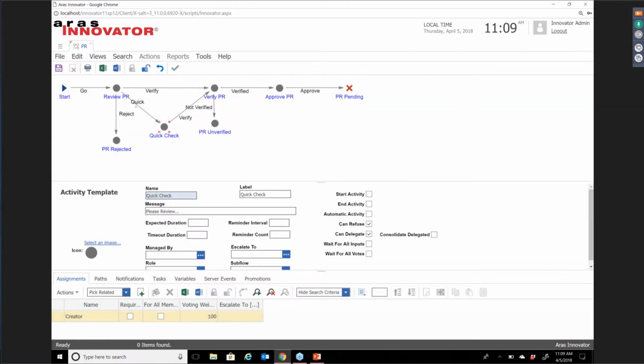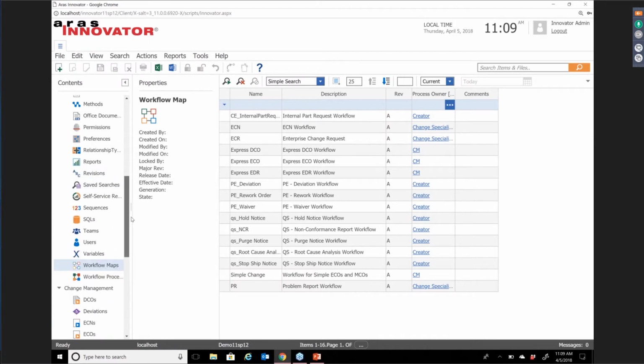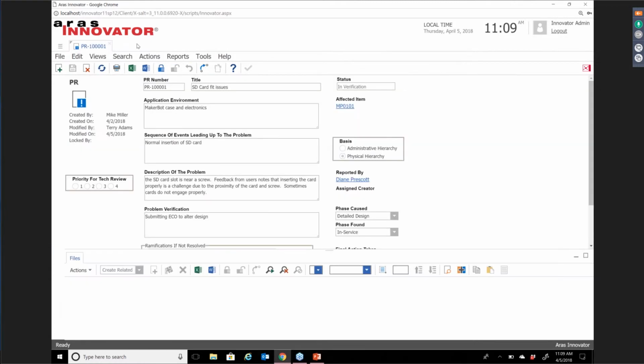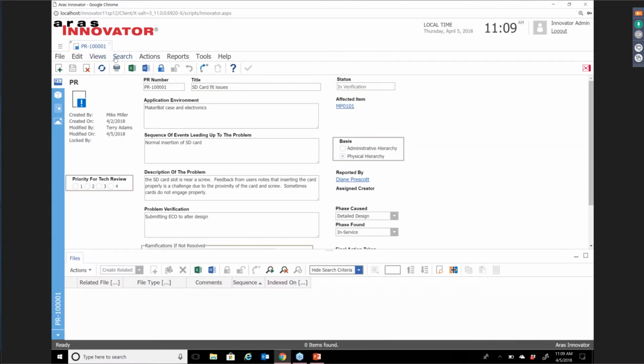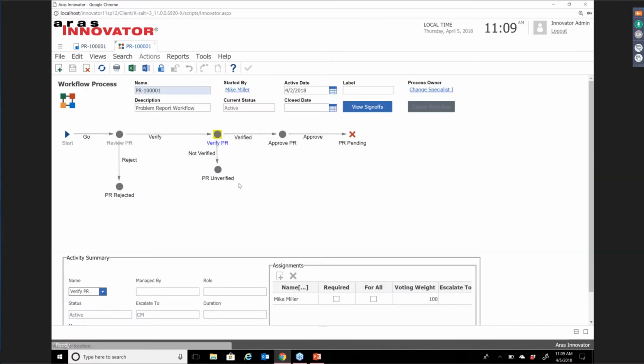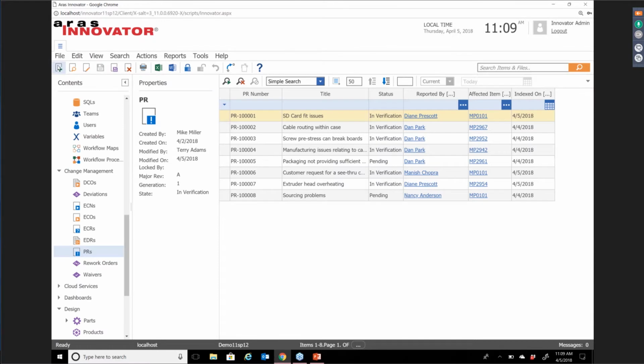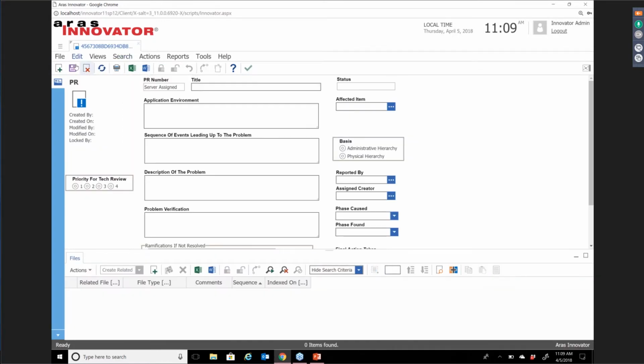And that's it. So we took the workflow, we added the quick check activity, we assigned the creator, and now we're just going to go with that change. So again, that change is for the PRs moving forward. So the PR I showed you a minute ago still has the old workflow map. If you needed it to modify that, that's a different case, but this is the case where this is how we used to do PRs, but now we have a brand new workflow, so we want new PRs to follow the new workflow, and when I say I want to create a new one, I save it,